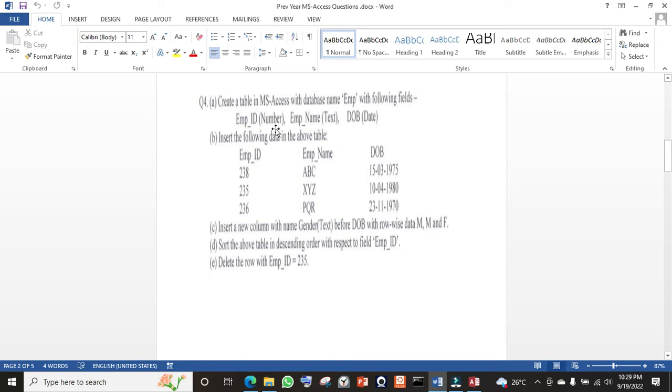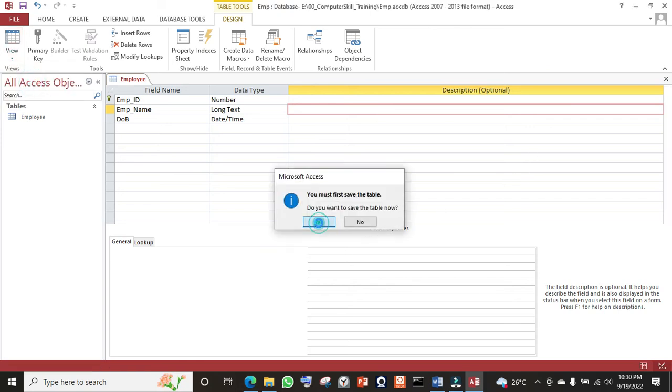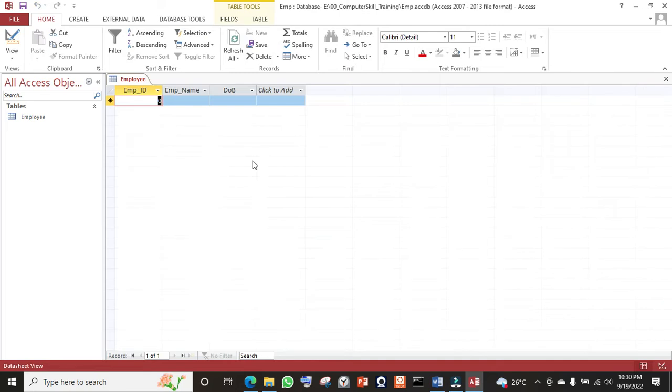Now let us insert the data. चलिए, सो इंसर्ट करने के लिए लेट्स गो टू द डेटा शीट व्यू. ओके, सो सेव द टेबल. सो डेटा शीट व्यू में आप डालिए एम्प्लॉय ID